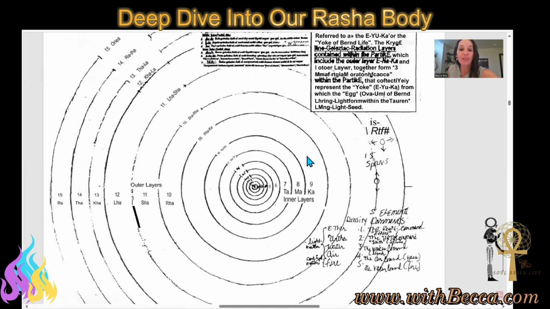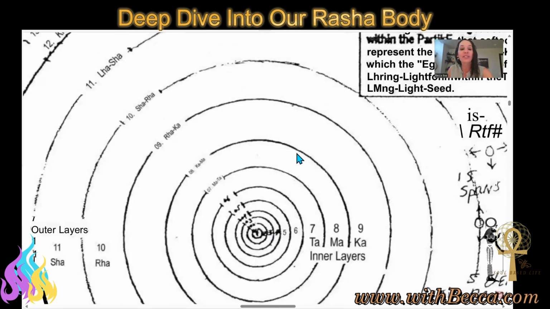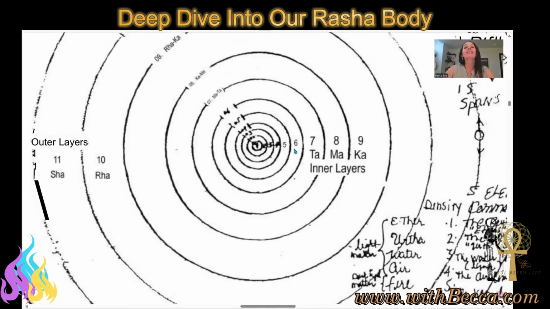But if you can now start to get this energy of here is the core. So our Rasha body in all of its different forms. It isn't going to be super, super important for us to know, okay, Rasha Li, Rasha Le, Rasha La. As we start to say all of these terms, what we're just recognizing is they're different versions of the same thing in just different spans or just different rings of creation.